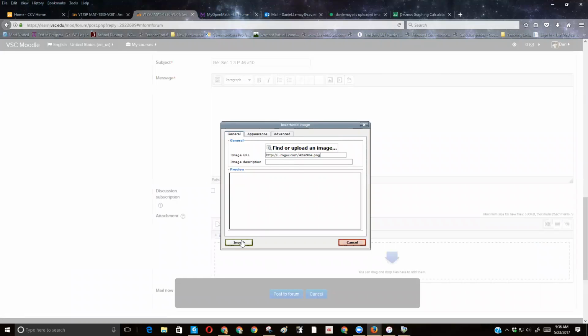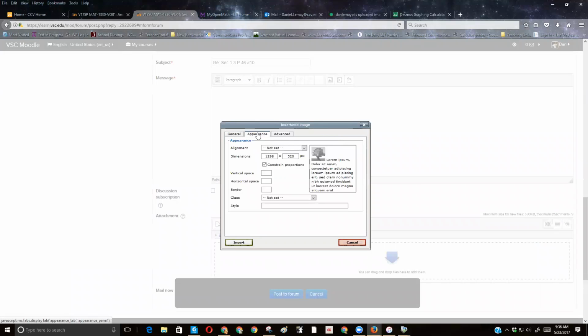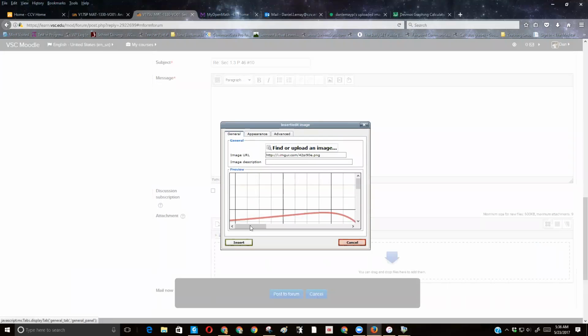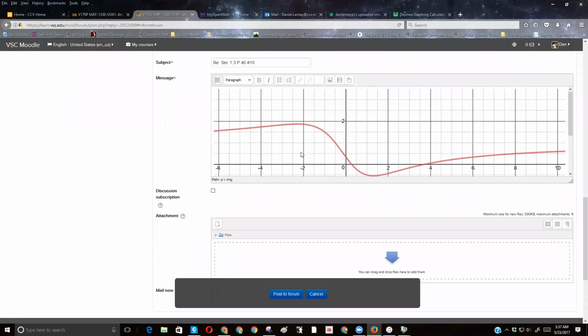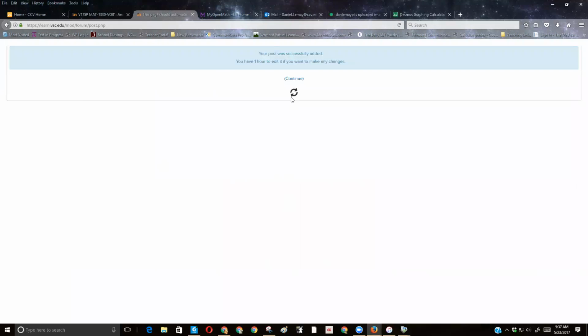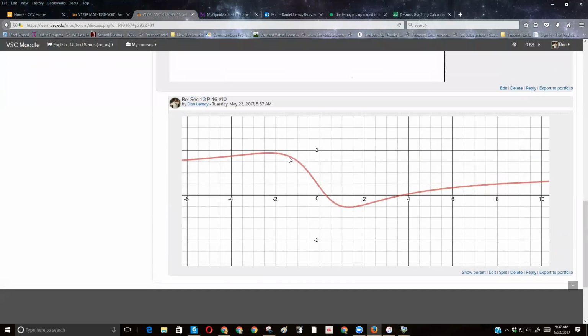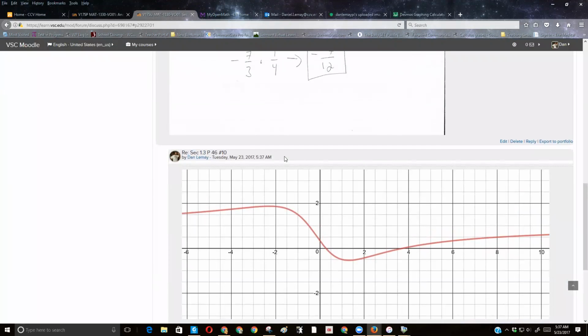I'm inserting an image, and then again I can look at what it looks like. Pretty big picture. Maybe I want to leave it that big. Let's see what it looks like when I post it. Okay, so there's that picture that's online. I didn't have to upload it to Moodle. And on my large, wide screen, it's not looking too bad. So that's 2 ways you can get